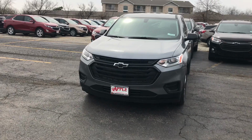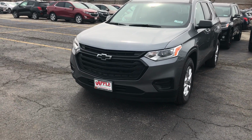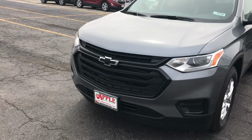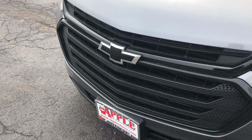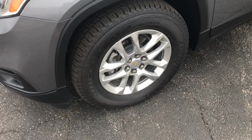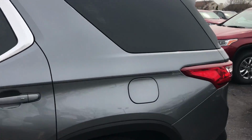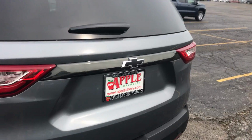Today I'm standing in front of the all-new 2019 Chevy Traverse. Now this specific Traverse is a 1LS that has a 3.6 liter V6 engine. Now this car does come custom with your black Chevy decals, custom grille, 18-inch aluminum wheels, black Chevy Traverse sign, back tinted windows, and also a black Chevy sign on the back as